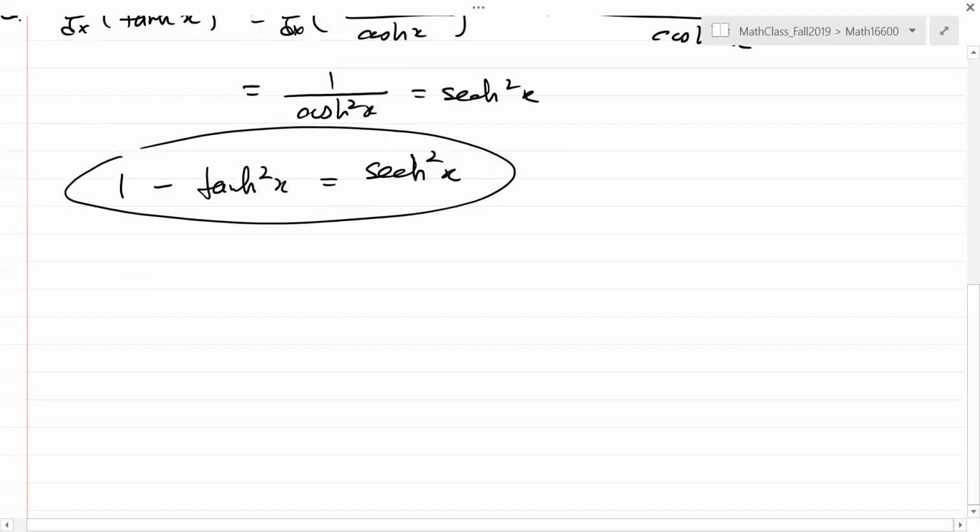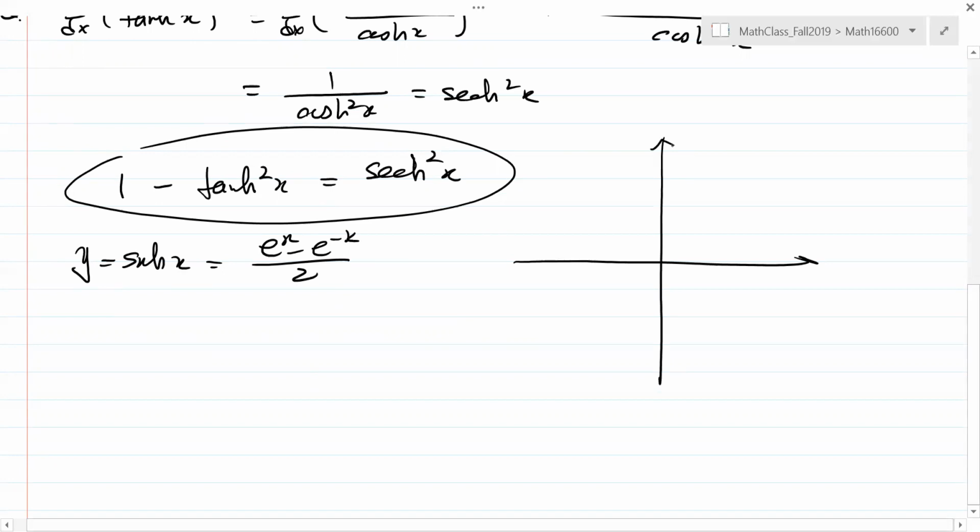All right, let's look at hyperbolic sine x. So hyperbolic sine x is a graph. Okay, how do we sketch the graph? This is e to the x minus e to the negative x, divided by 2. So if you draw this graph,